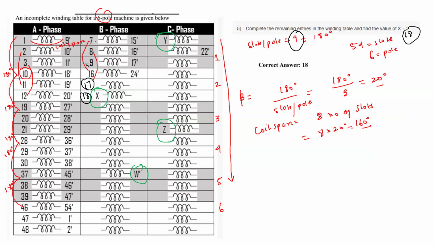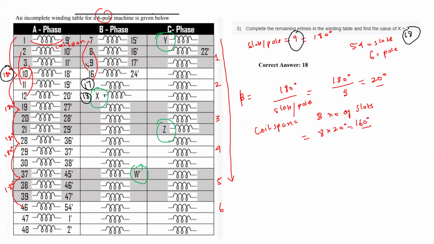Okay, so in one coil group you will see that all are consecutive numbers, 1 2 3, 10 11 12, 19 20 21, like that. So here also 7 8 9, 16 17 18, consecutive numbers. Okay, so in this way you can find out the value of x. For finding the value of x, you have to remember that from one pole, north pole to south pole, any of the two alternate poles, the angle difference is 180 degree.